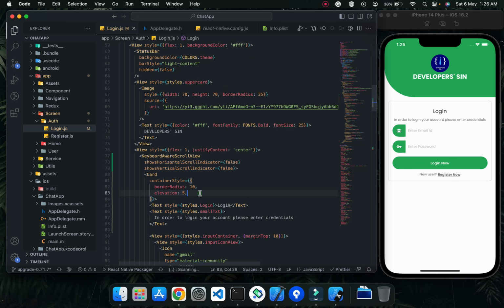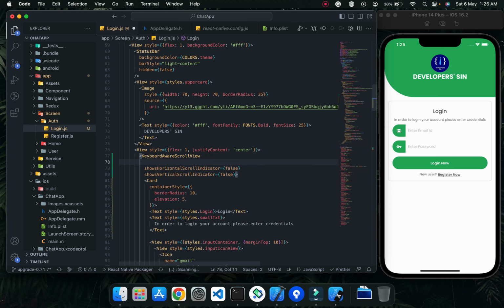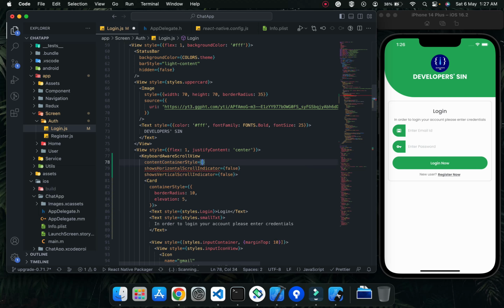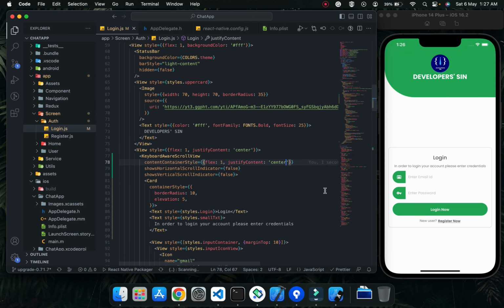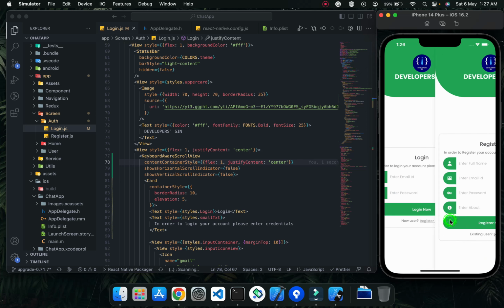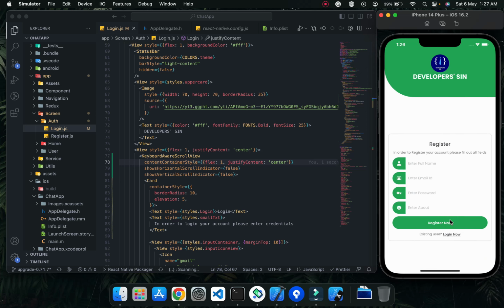So to make it center, you can simply use the container style props and use flex one and justify content center. And it's supposed to be in the center. Yeah, if you click on the password now, it should scroll up and stick to the keyboard. Now we can simply enter email ID and password. And if you go to the registration screen, then it should